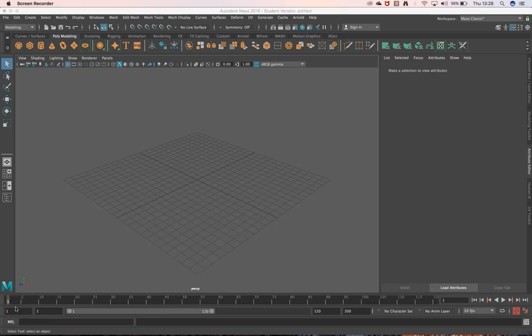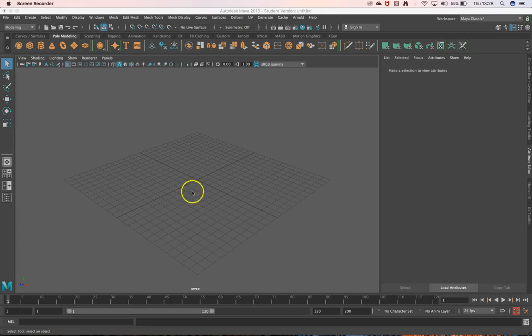Okay, so this week we're going to have a look at some of the Arnold settings of tools in Maya. So that's going to include three separate elements, I guess: Arnold rendering, Arnold lighting, and Arnold materials, Arnold texture mapping. Okay, so to begin with, before we do any of those things, we really need to give ourselves a scene